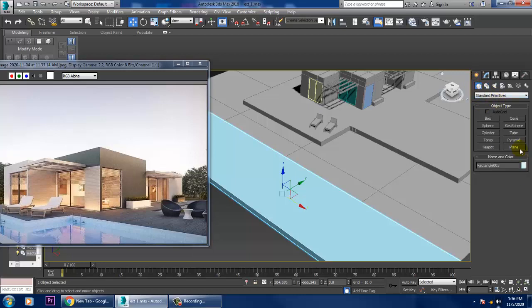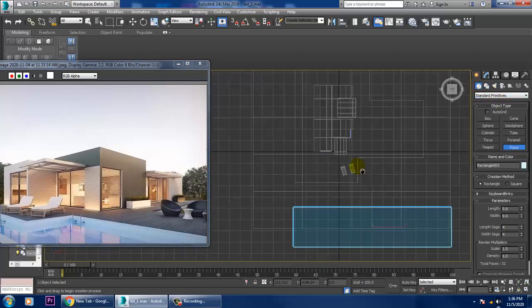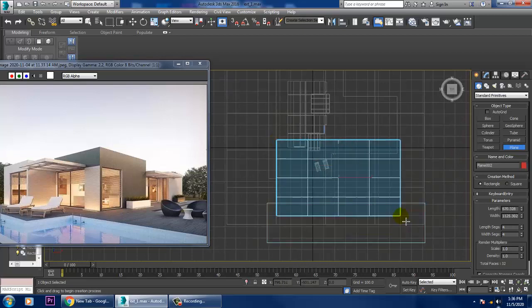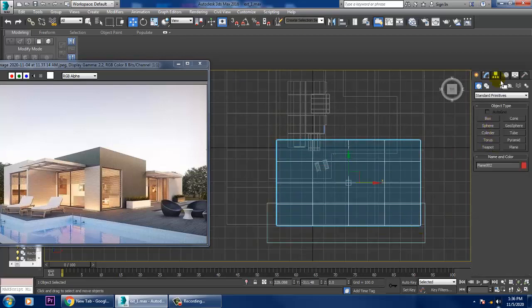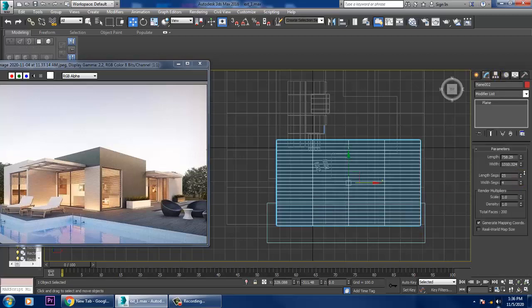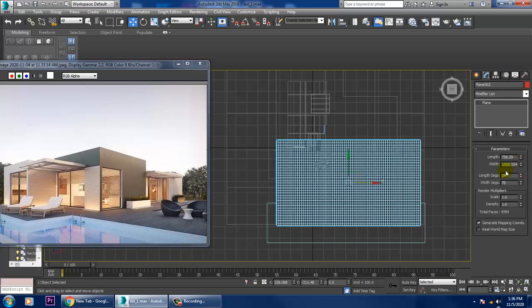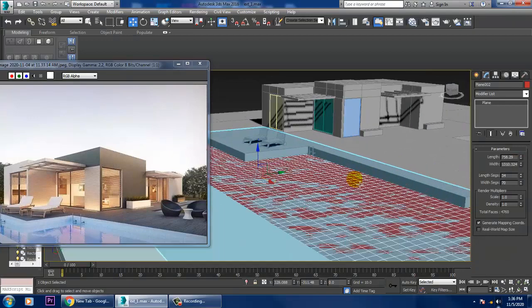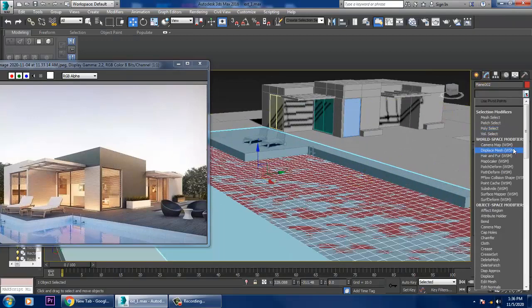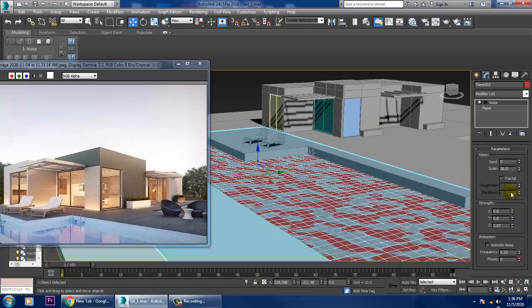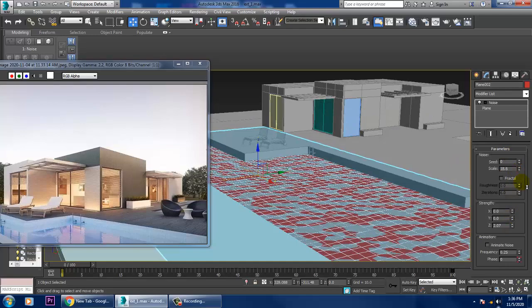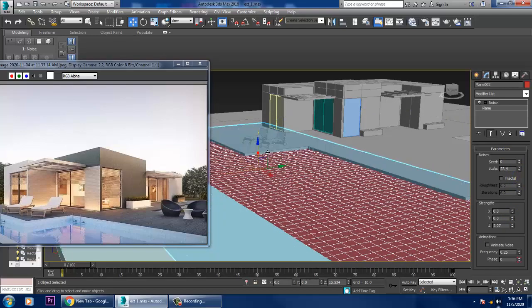So let's go to the top view, and however much water part you need, you can just take a plane over here like this and increase its segments over here, and let's give a noise modifier and reduce its scale of noise over here. We can just give a bit of noise over here.